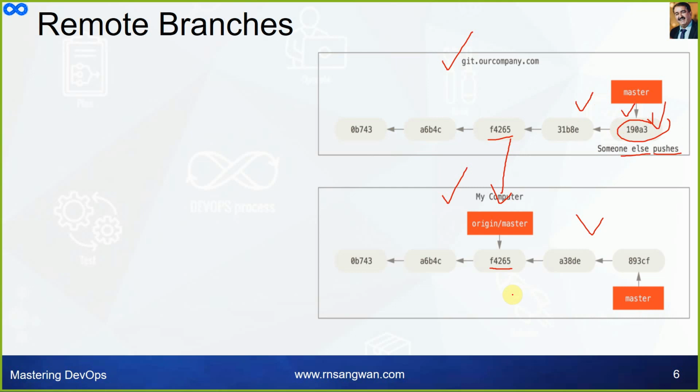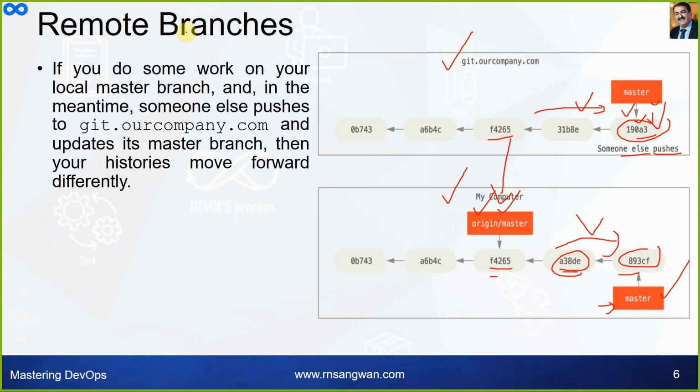Now this is a tricky situation. When you cloned, you were here. Somebody pushed, so this pointer has moved to 190A3, for example. And here you also started working. You continue committing in your local repository, and your master is at a different commit, A8DE. All these commits are different, and this is your master branch. When you cloned, this was the status. You started your own journey, they started their own journey, and that is the status of the two repositories now.